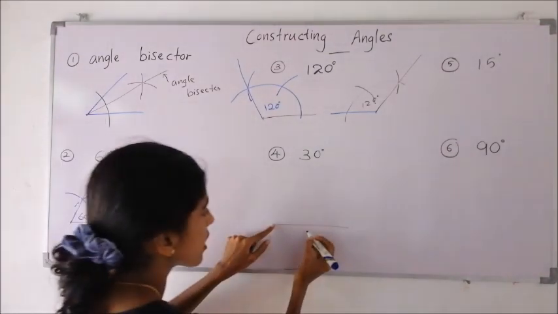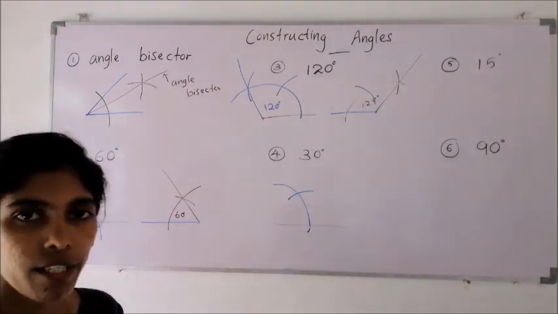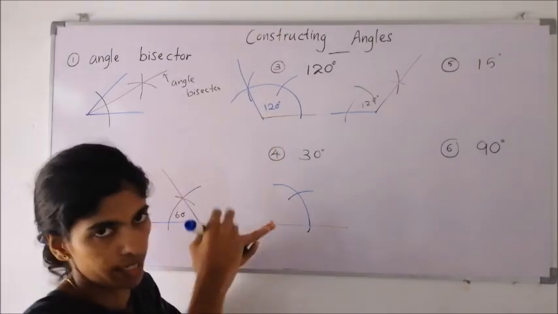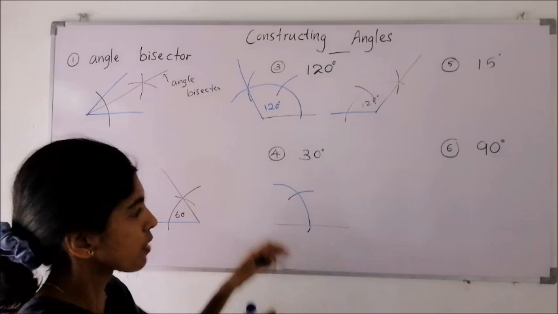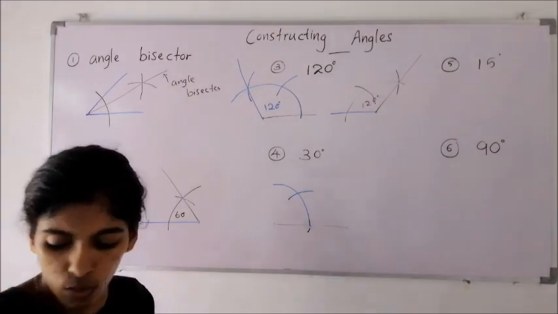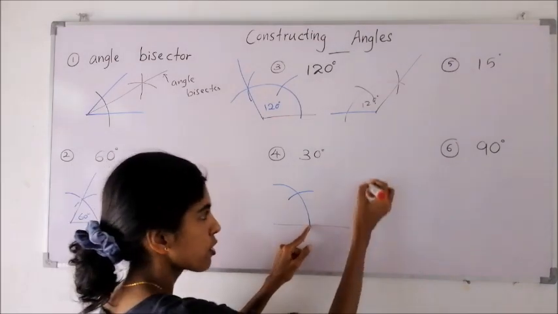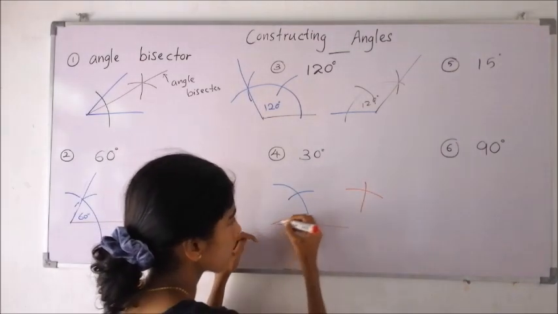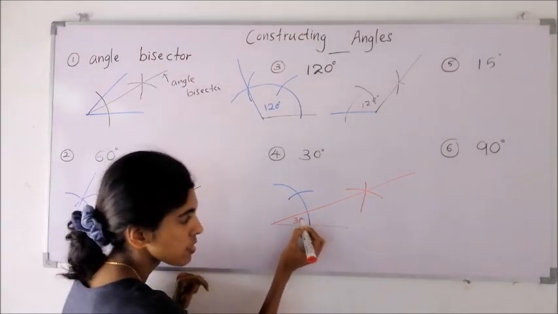Firstly, construct 60 degrees. This is 60 now. Don't go to complete it. If you really want to complete it, keep the ruler, draw a dotted line, because this is not the angle we want. Anyhow, after keeping like this, you can do like this. Go to this point, draw an arc. Go to the other point, draw another arc. This is how we construct an angle bisector. Half of 60 is coming. This is 30 degrees.